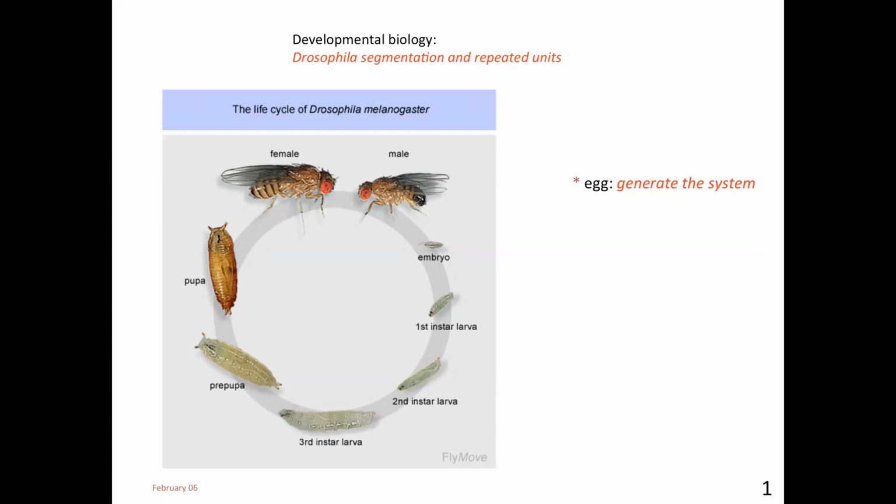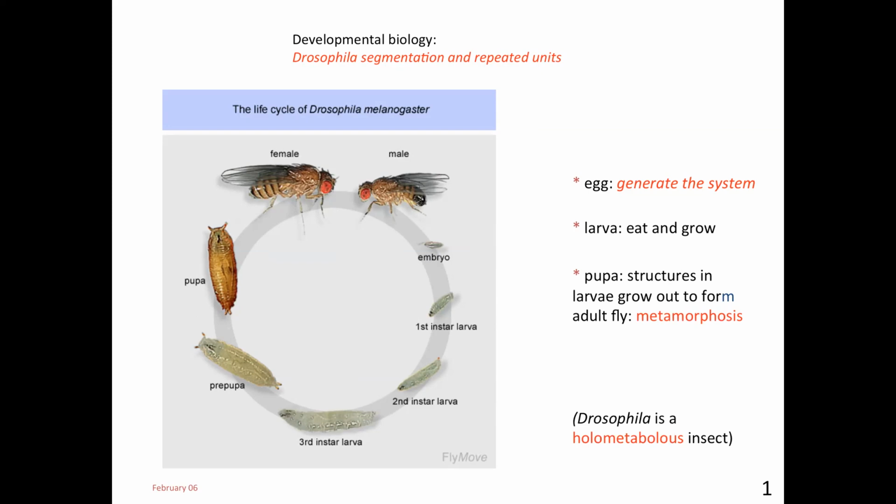So this has stages of transitions, and this is a holometabolous insect, meaning that the ultimate adult doesn't resemble any of the stages that it develops from. The usefulness of the system is that it's quite a cheap system to work with. That's the reason it was quite a popular model system, and it started with Morgan's lab, where